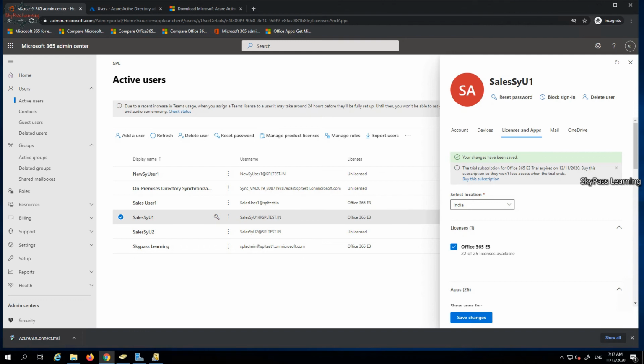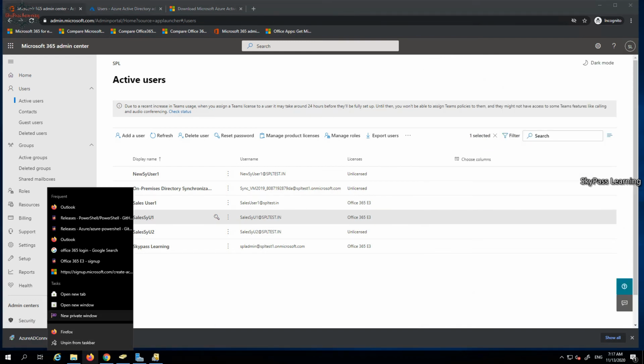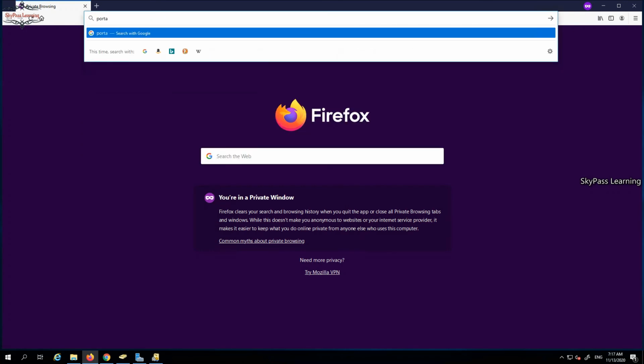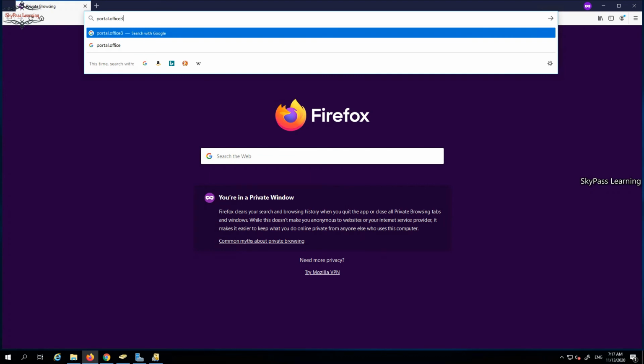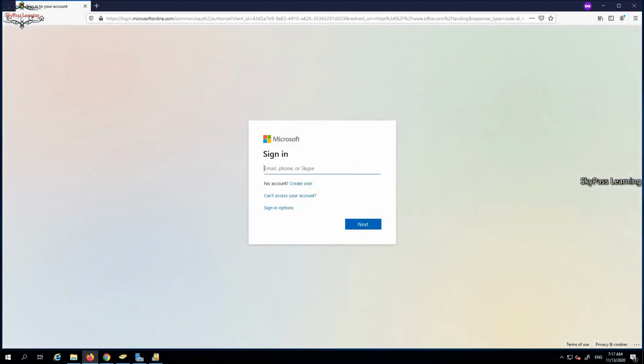I just go and try to log in with the same account. Let me open a new window with this user, portal.office365.com. Okay, my user account, let me quickly see.